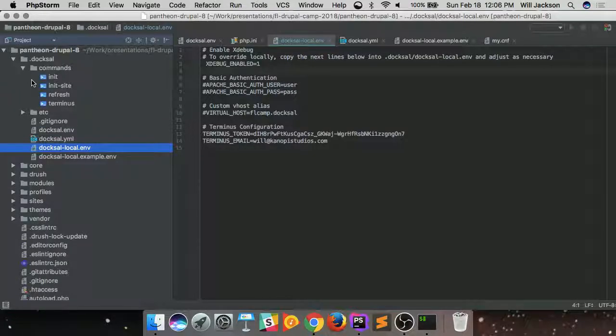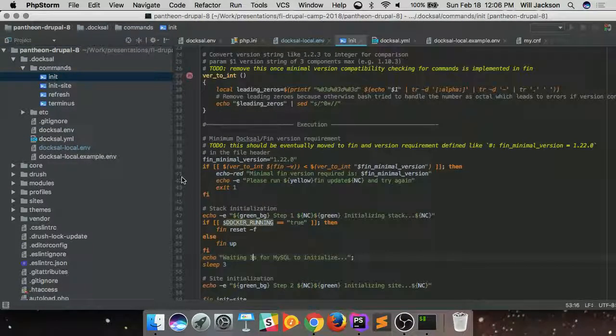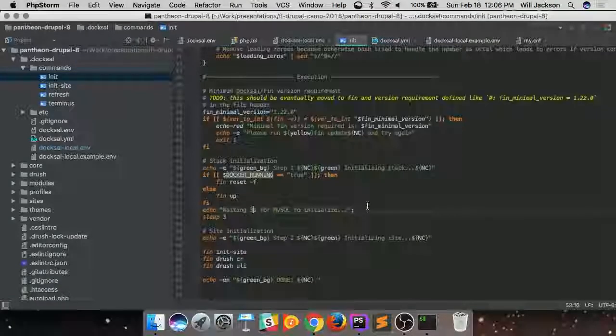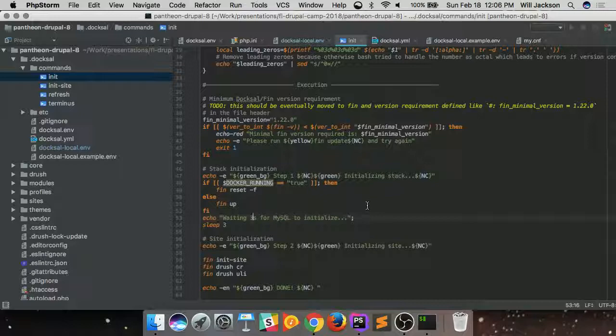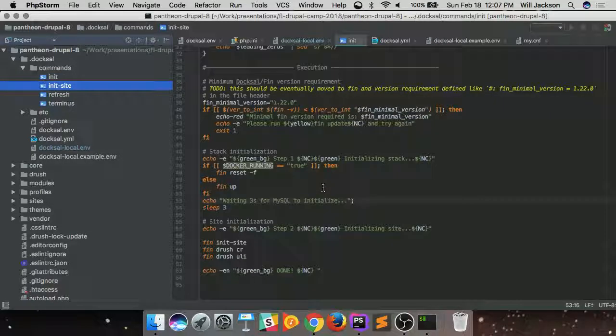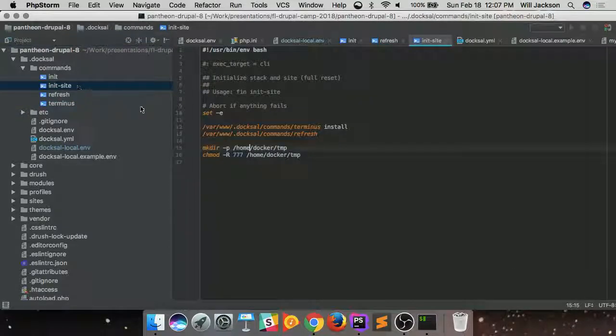And then as far as the Docksal commands, we ran fin init, and this is effectively the init script. It's running a few other things. It's actually running init-site, and then we're clearing cache and then doing the ULI. So init-site is the big one here, and it's also doing some prerequisite stuff. Is Docksal running? Is MySQL running? That sort of stuff. But then init-site is going to run Terminus install, so that's where it's installing Terminus, and then the refresh commands will refresh the database, pull in the database from Pantheon,